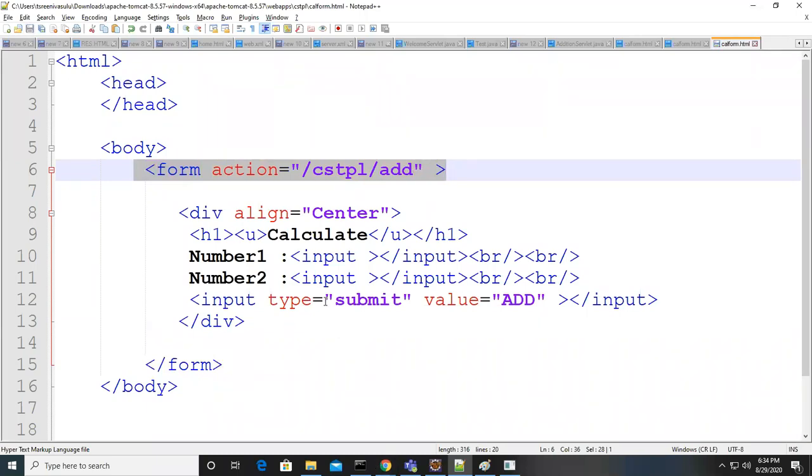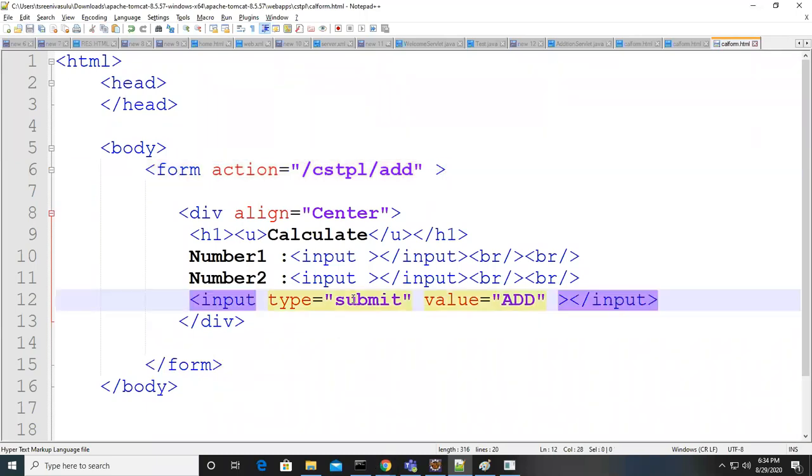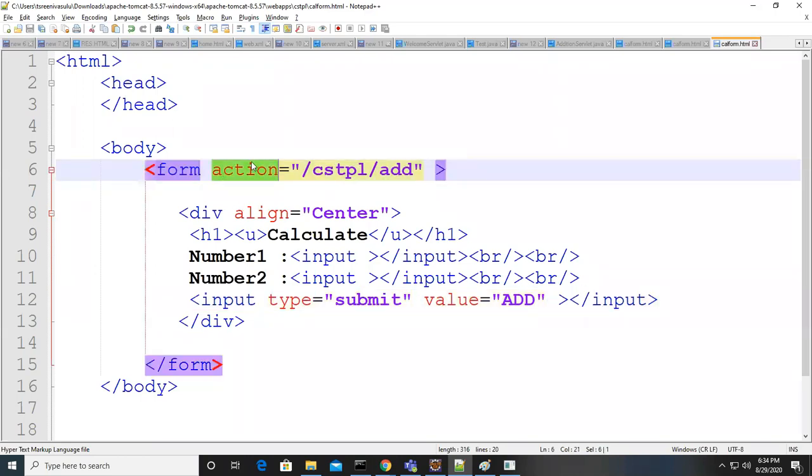That means the moment when I click on the submit button, this action attribute will work. So automatically, this action attribute is going to work. That means we already gave the path, which resource you want to call. That resource path we already gave to the action attribute. That will be taken care of by that. Then immediately to this path, the client will send a request to the server. Then when you send a request to a servlet, what will happen? You know, guys, it will create request and response objects immediately.